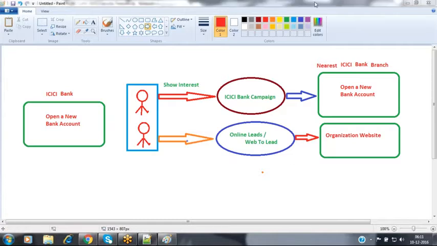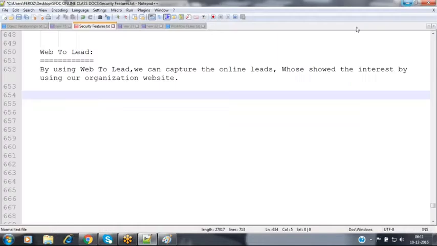In this kind of scenario, how can we capture these records? We will see practically now. First of all, we have to design a graphical user interface where the user can enter some data to show their interest. For that, we have to design that graphical user interface. We don't know HTML programming, so how can we design it? No need to worry. Salesforce gives some options by which we can generate that code ready-made. That flexibility will be there.